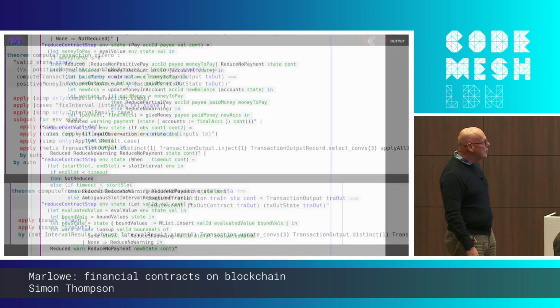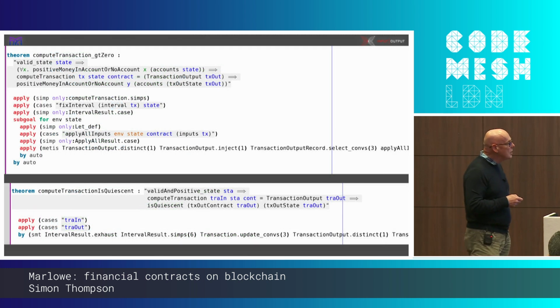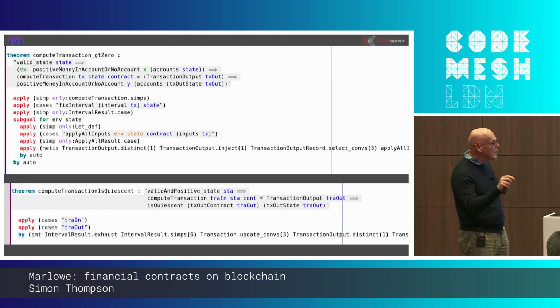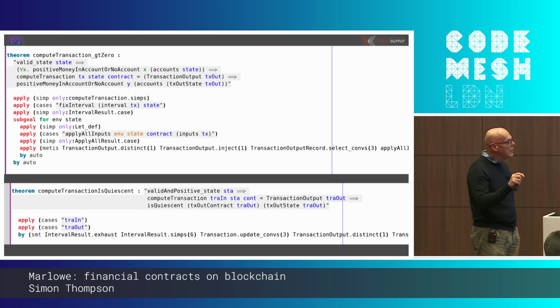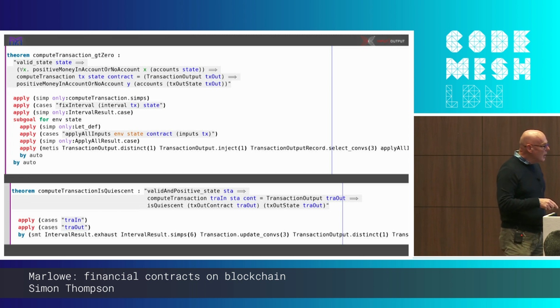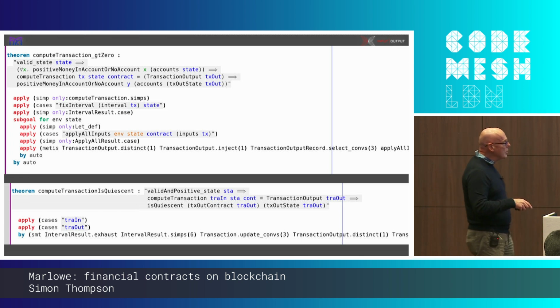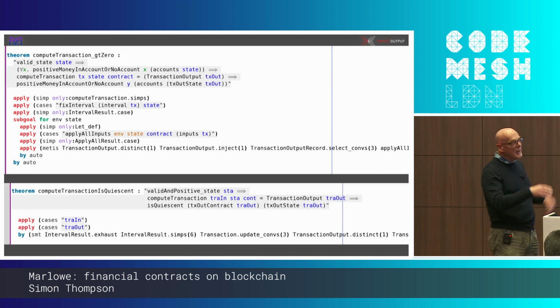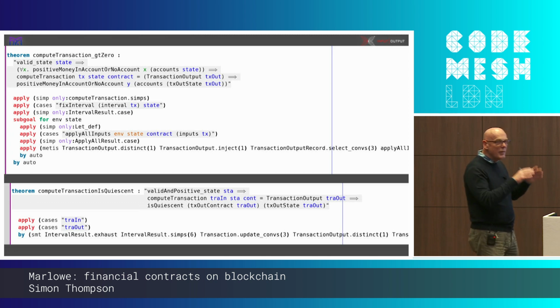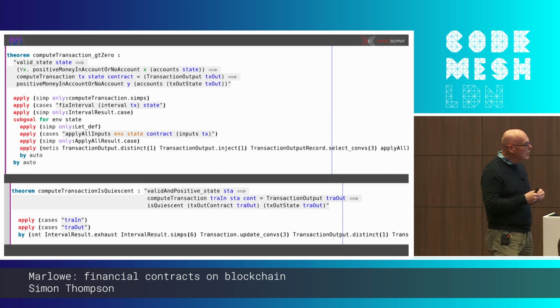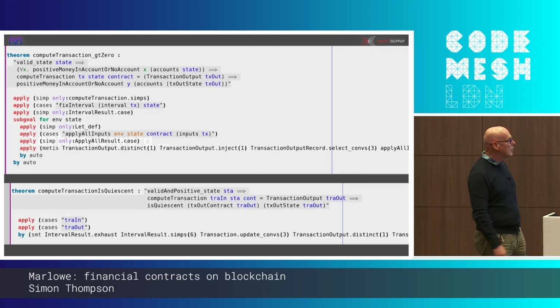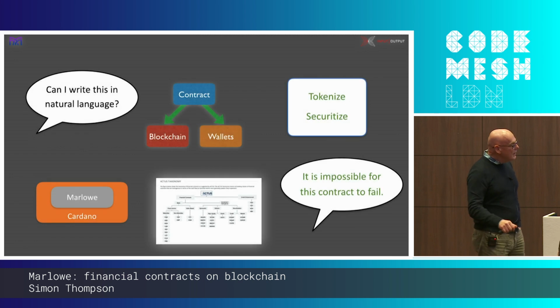What are we able to prove? We can prove, for example, that the money inside each account in the contract never becomes negative. This is something about a computing transaction being quiescent. We can also prove that the amount of money at the end of the contract is the same as at the start, so money in equals money out. So we have these very general properties of how our semantics works. And one of the things on our to-do list is to look at proving properties of these templates for particular classes of contract. So among the things we want to do in the next few months,